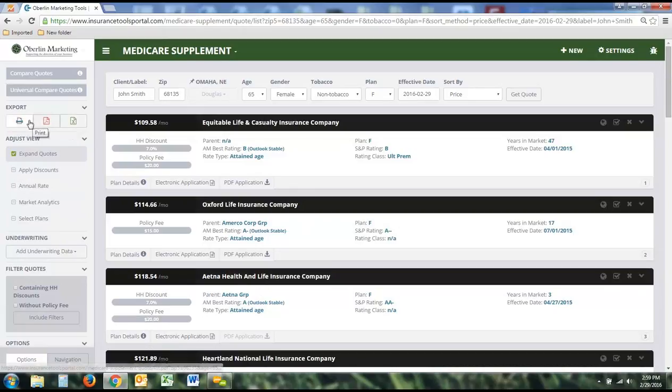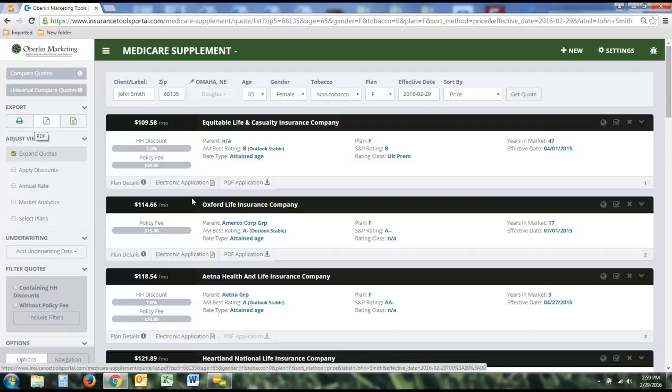compare them. Below the compares is the exports. We have 3 different export models. The first one is the print. And what the print will do is essentially it will provide you a copy to print, but it will strip out all the color. To save ink on your printer, we'll make sure that all the color is off, and it will just be a white print off, printer friendly, if you want to print this off and head to